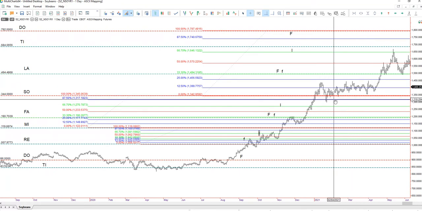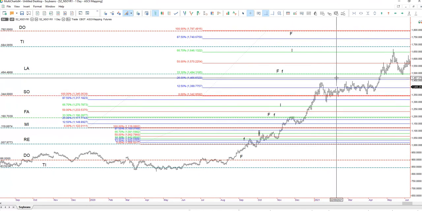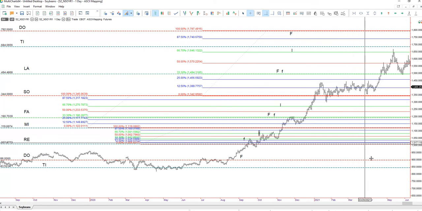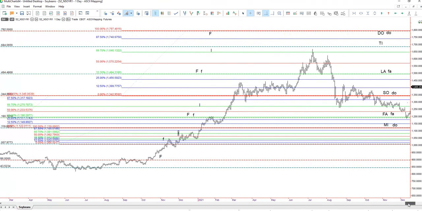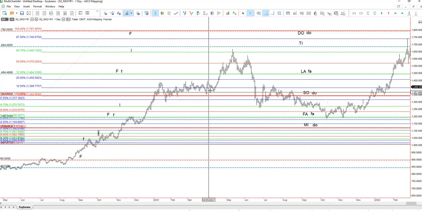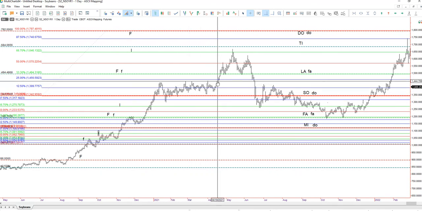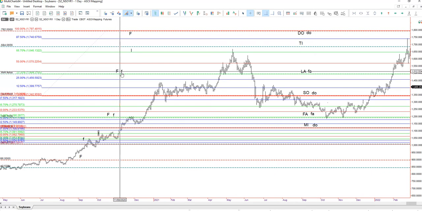So we get a long sideways congestion between the So and the Mi tone of the minor octave. Then we finally break that over here. We get above the Mi tone. And what happens? We go right through the double Fa tone, the Fa tone of the major and the minor